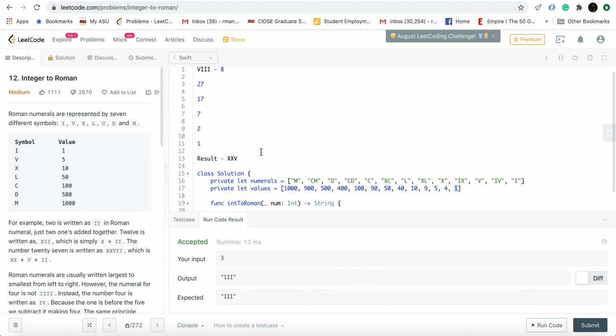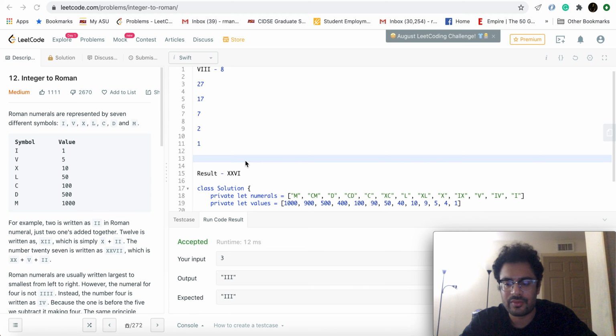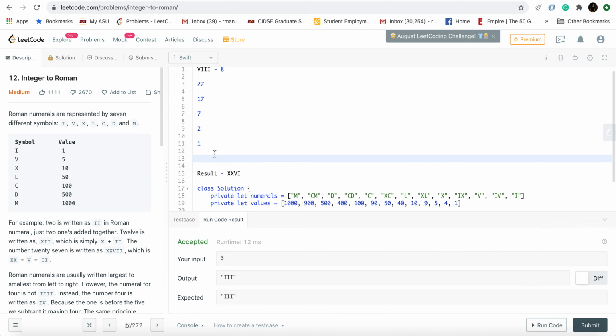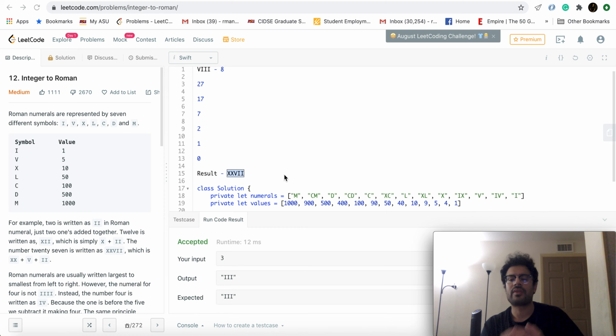So we'll append an I here. I shouldn't call it an I, but that's how we have that in the keyboard. And then what is the highest number that we can subtract from 1? It would be 1. We'll subtract that, we're left with 0, and we'll append one more I. So this is what you're left with, and this is the exact strategy that we'll follow while formulating the solution.